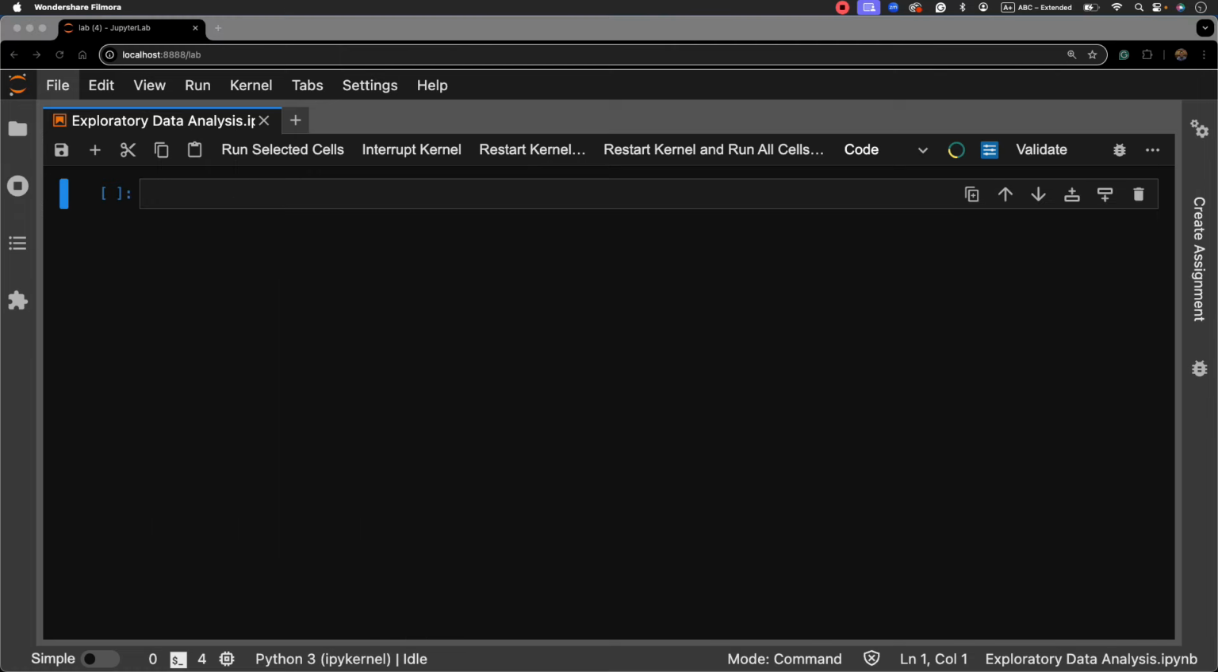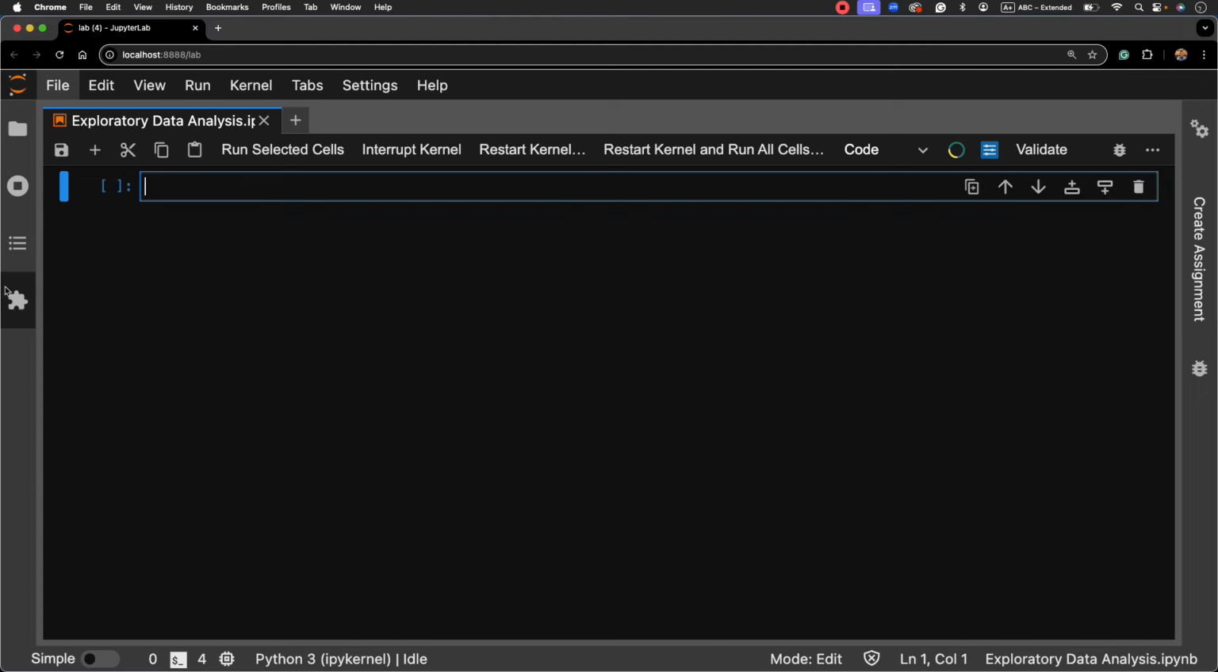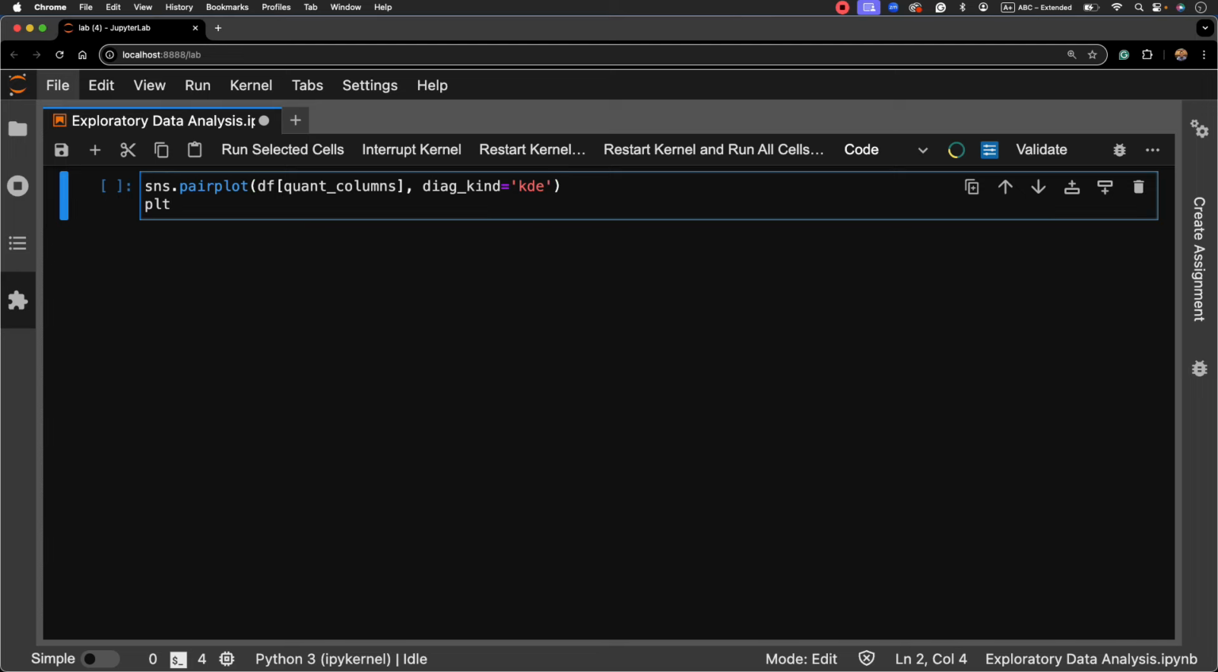Now, instead of doing the loop that we have done earlier, if you want to explore simultaneously all of the possible combinations of the quantitative variables, then we could use the pair plot in Seaborn and do something like this. S in sns.pairplot, and the input here is a data frame, and you have to ensure that only the quant columns are included. After that, we could input here that the diagonal is what we want to be a KDE, or a kernel density estimate. And of course, the title is supplied by